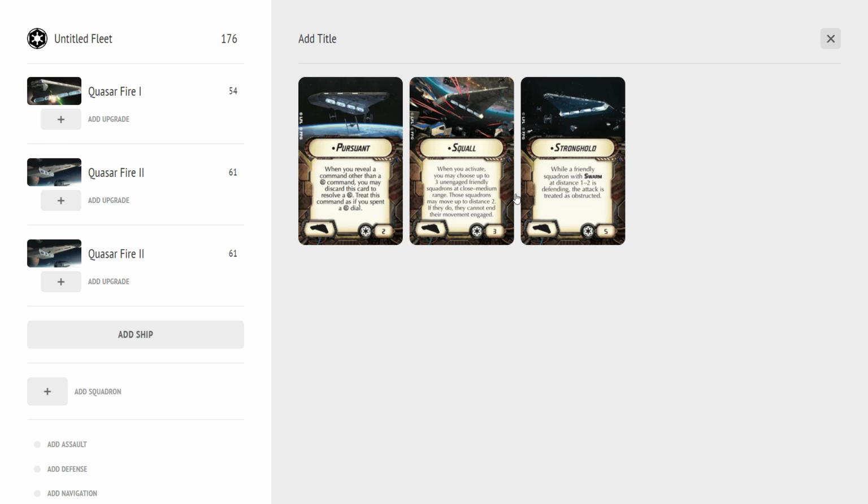So the tactics are a little different with how you're going to use this than the Rebels would use their version of this, but it's still a very, very nice card. It's actually probably my favorite title for the Quasar. Next up is Stronghold. Before I jump to Stronghold, there's one other thing about Squall that I really, really like,